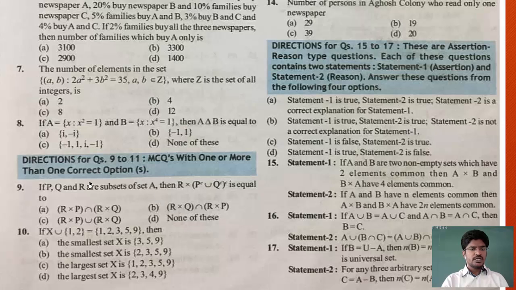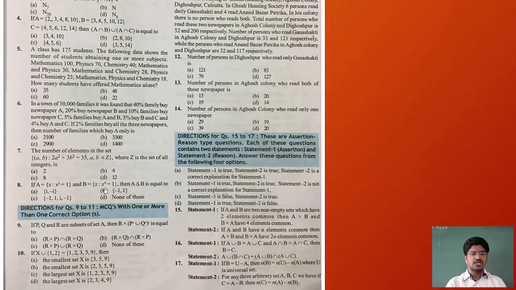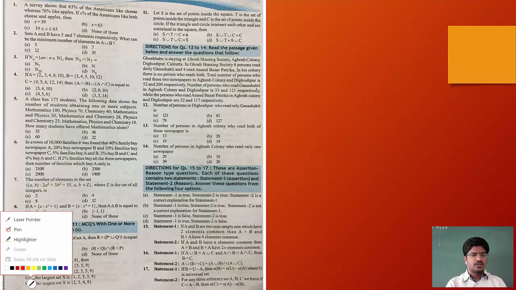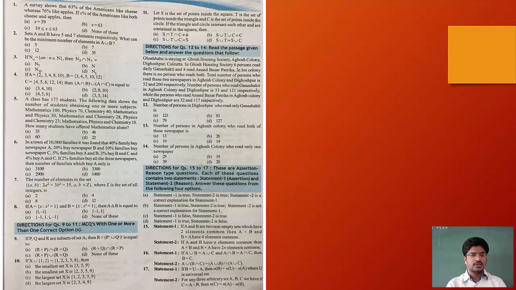Okay, students. So now let us go for the 9th question, that is, if P, Q and R are subsets of set A, then R cross (P complement union Q complement) whole complement is equal to. Okay, no problem, very simple question, but you have to understand the question, then only you can answer it. Clear? So see there, what they are asking, they are asking the cross product. Clear? So which cross product are they asking? They are asking the cross product of